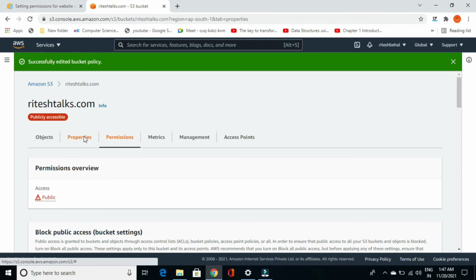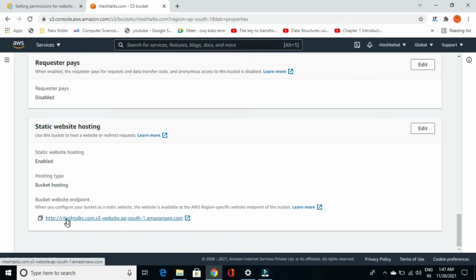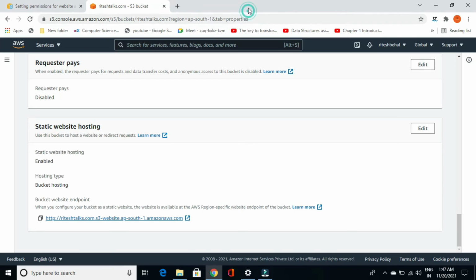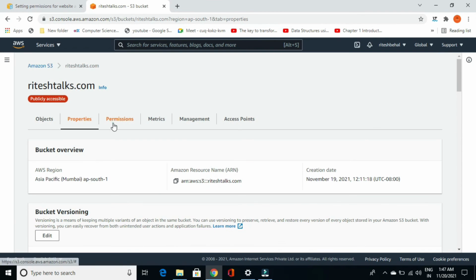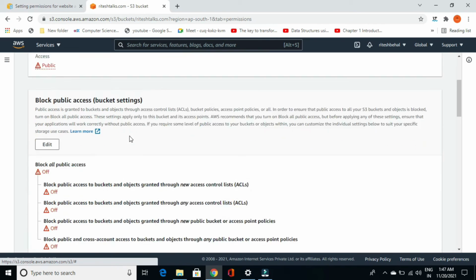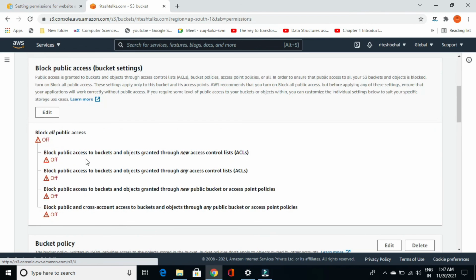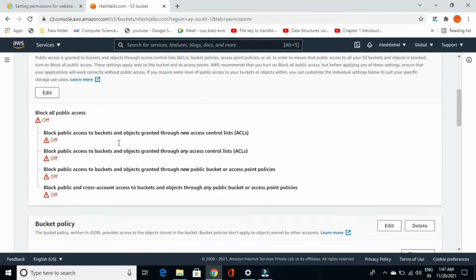If you now click on properties again and click on the website URL, it is still showing access denied. So what mistake am I making? Let me go into the permissions and check the name of the bucket, riteshtalks.com.